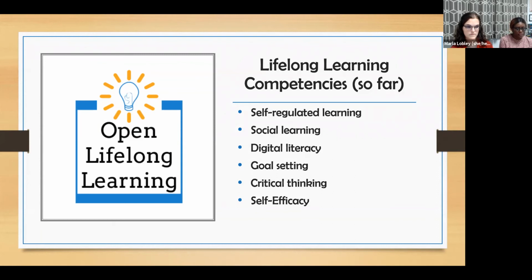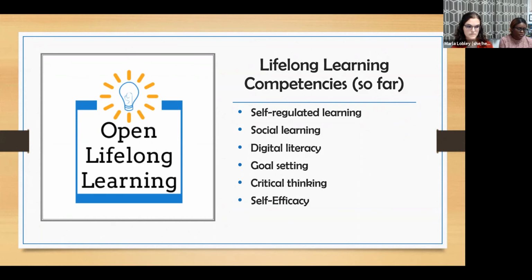Goal setting also refers to an individual's ability to have an action plan towards their learning, as well as what they hope to get out of the learning process in terms of the materials they have on hand, as well as the knowledge they are trying to gather and what their goal is, and how they're able to commit to a strategy or cultivate a strategy in regards to their learning goal.